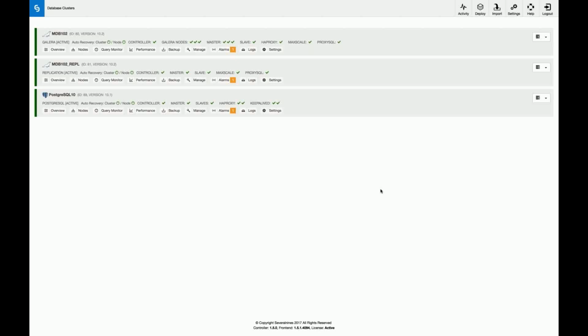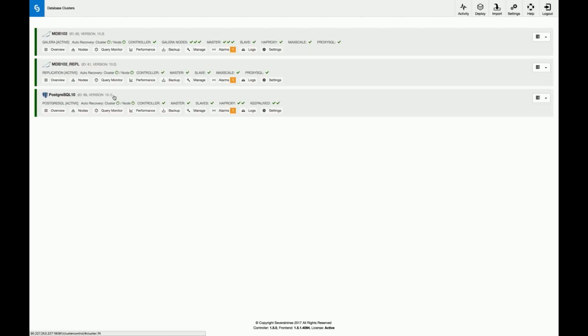And within my ClusterControl environment, I have three clusters. I have one MariaDB 10.2 Galera cluster. I have one MariaDB 10.2 replication setup with a master and a slave and a MaxScale. And then finally I have a Postgres 10.1